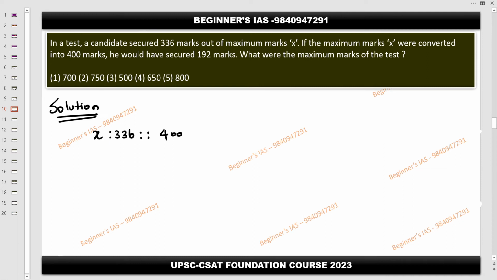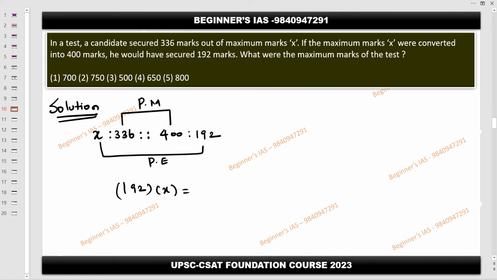Out of 400 is secured 192. Then you know the concept called product of the means is equal to product of the extremes. Understood? Clear? Yes, sir. This is product of means, this is product of extremes. Therefore